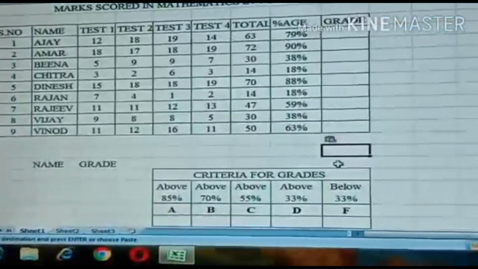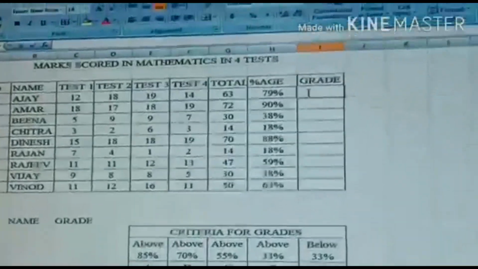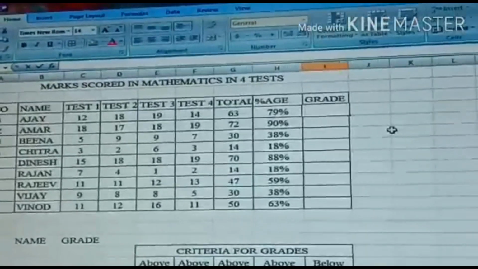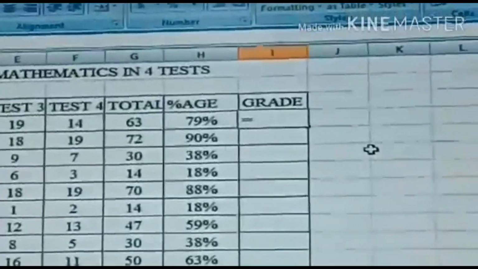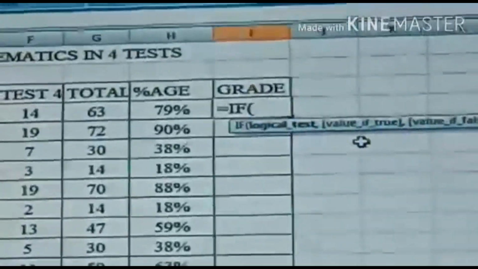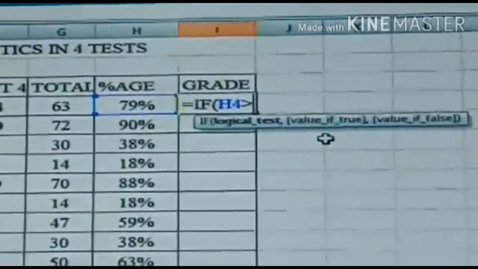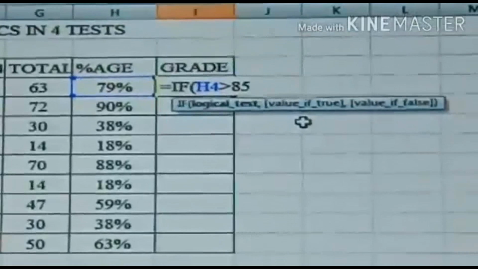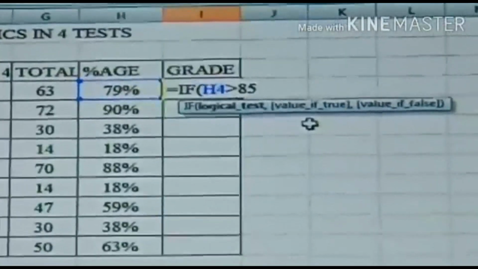Let's go to the first cell of the grade column and give the IF statement by putting equal IF, then open bracket, then the cell address of percentage, then write the criteria, that is the logical test value.